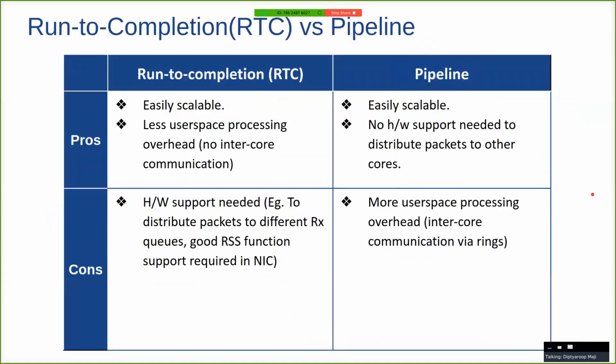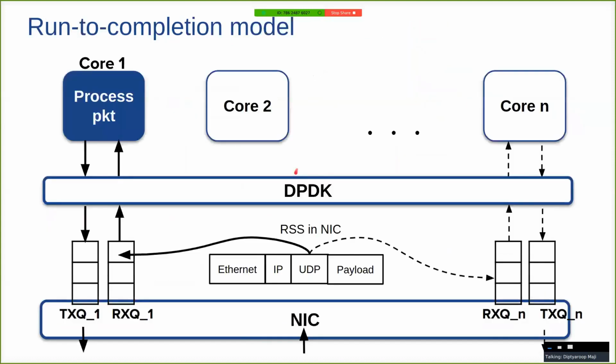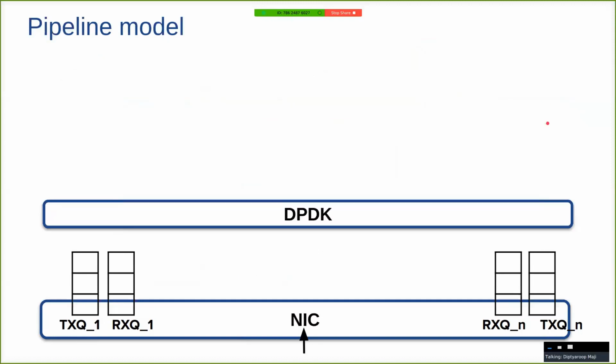So a brief comparison between both the designs. Both RTC, or run to completion, and pipeline are easily scalable. So we saw how we can scale the RTC design. We just have to launch the same code across multiple cores. Whereas in the pipeline model,